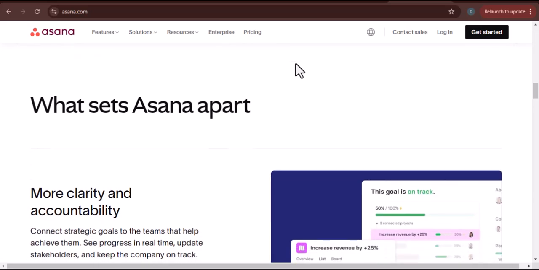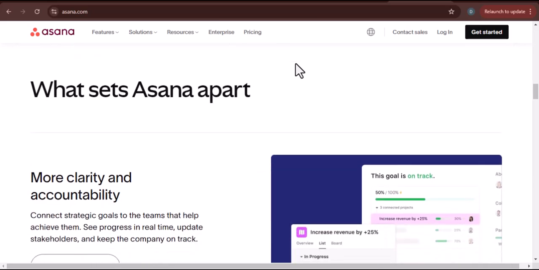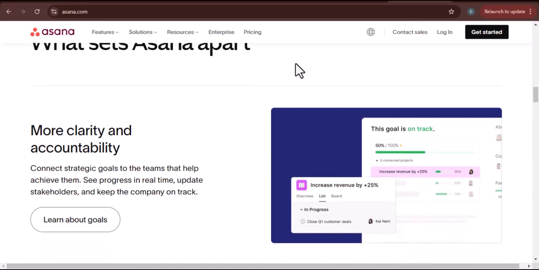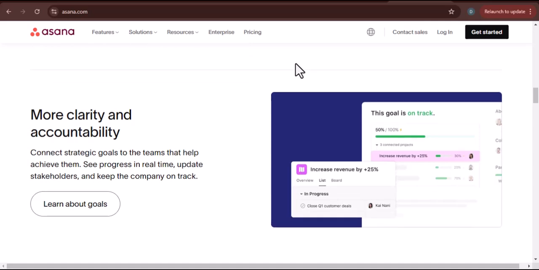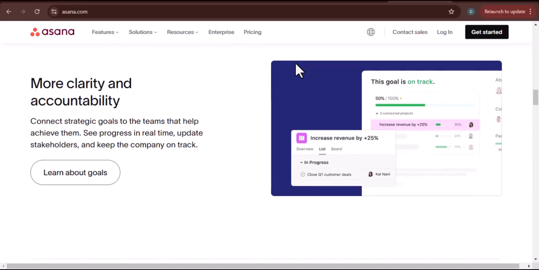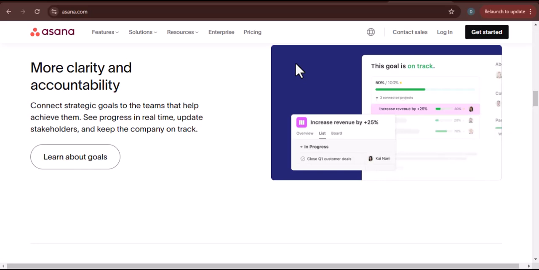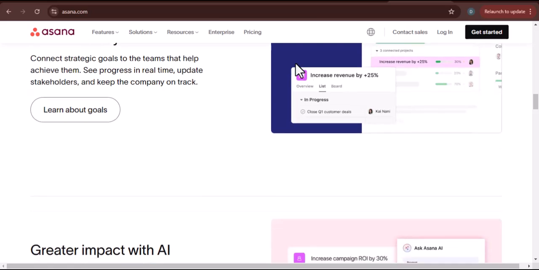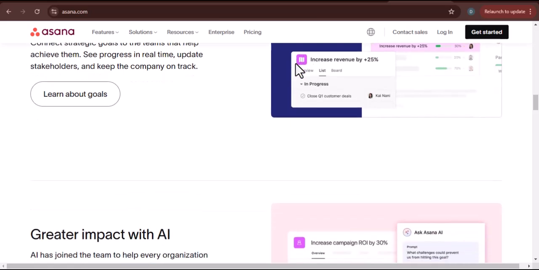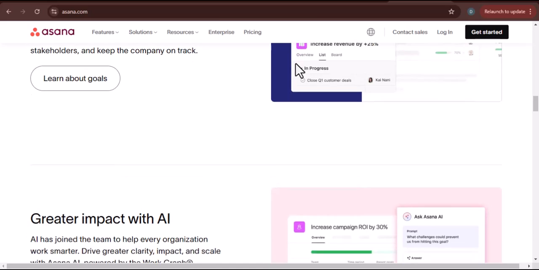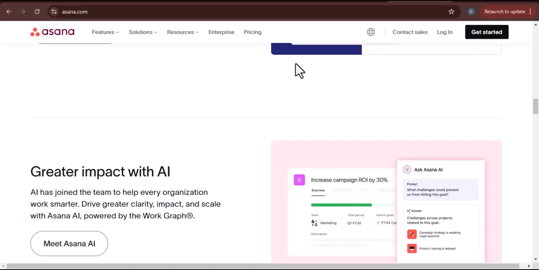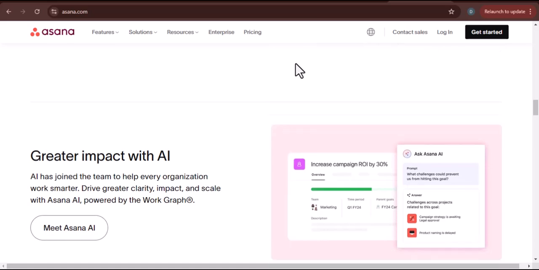Think of it as the strategic backbone that supports your social media efforts, allowing you to focus on creating engaging content and building your brand. The key takeaway here is to understand Asana's strengths and limitations. It's not a replacement for dedicated social media scheduling tools, but it's a fantastic complement. By integrating Asana into your workflow, you can create a seamless and efficient process that maximizes your productivity and minimizes the chaos. It's about building a system, not just relying on one tool to do everything.